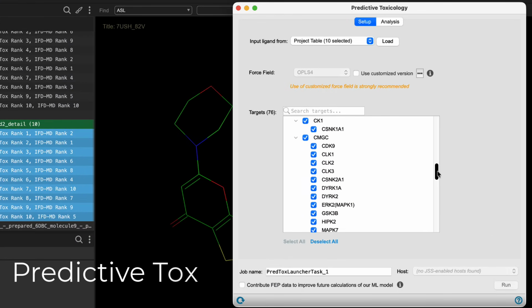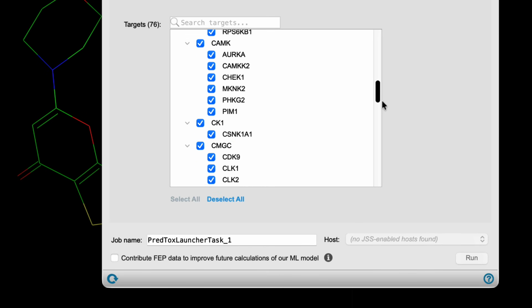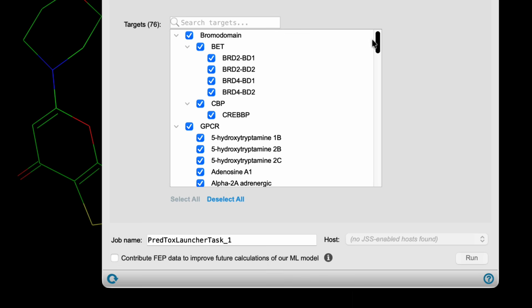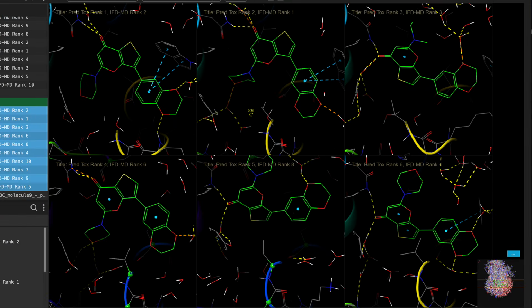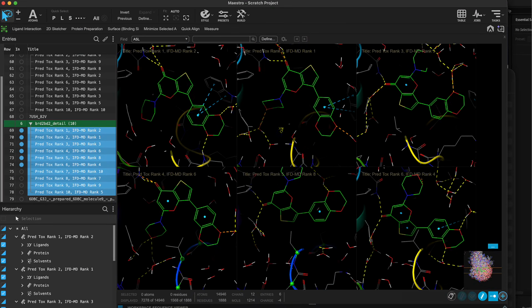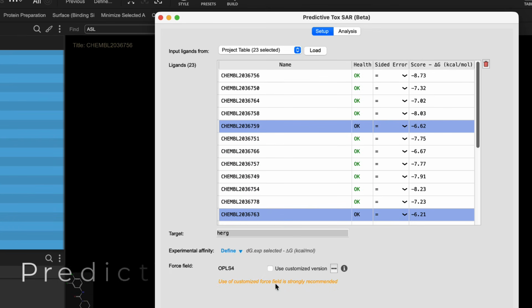Now, let's get into everything else shipping in 26-3. Predictive toxicology adds 20 off-target models, 13 GPCRs, 2 nuclear receptors, and 5 bromodomains. That broad coverage helps you assess selectivity liabilities earlier while there is still room to redesign a series. Predictive Tox SAR now supports off-assay data points. The new cited error column distinguishes exact measurements from upper and lower assay bounds, clarifying de-risking decisions.